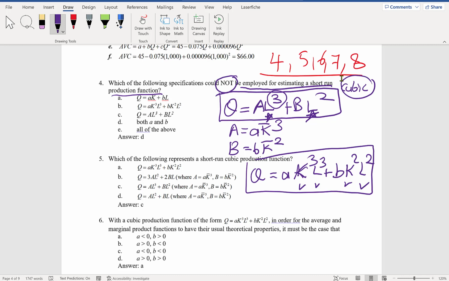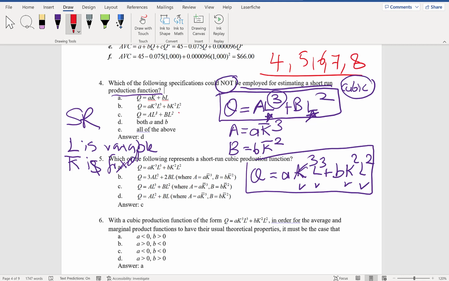But in the short run, labor is variable. Short run is a time period where at least one input is fixed. In the long run, everything is variable. There's nothing fixed. Okay, having talked about this little bit of background information, which cannot be employed for estimating